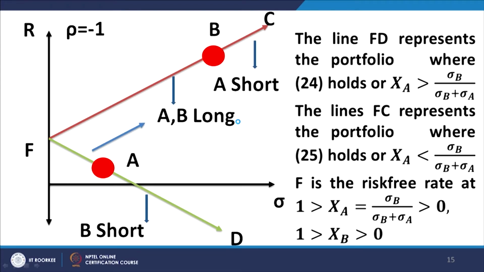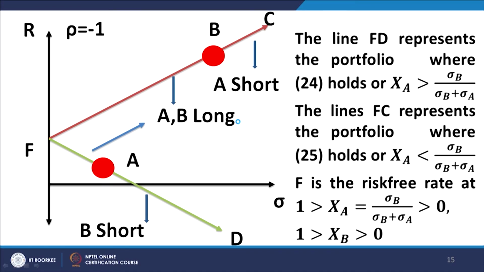There are certain differences from the case where we have rho equal to plus 1. In this case, the line F T represents the portfolio where 24 holds. F T is the line where x_a is greater than sigma_b upon sigma_b plus sigma_a, which is obviously less than 1, but x_a has to be greater than this. So, that means x_a can be greater than 1 as well, but x_a has to be greater than